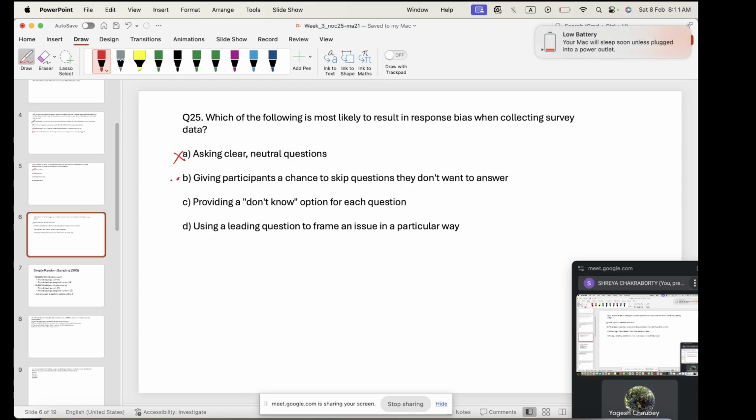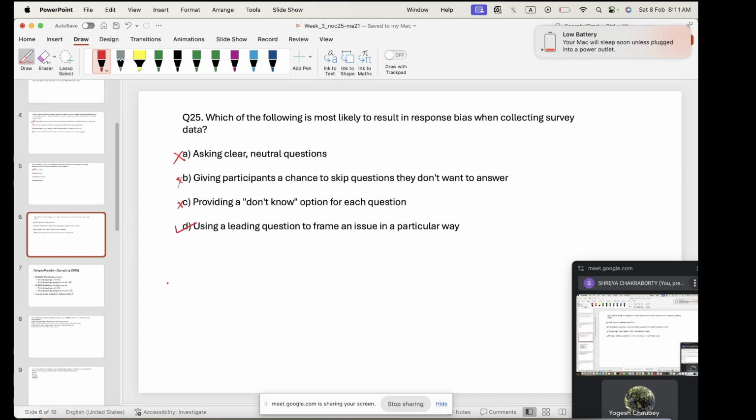But I feel if you give participants a chance to skip questions they don't want to answer, they'll just skip. They'll skip, but that will not introduce a bias in your data. Similarly with the don't know option, if you don't want to answer, you say don't know. But if you frame a certain question, use some sort of a leading question to frame it,